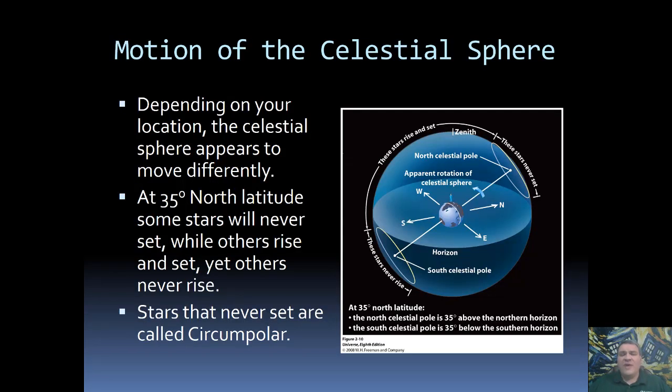Now, depending on your location on the Earth, you're actually going to get a different view of the celestial sphere, what's actually going on up in the sky. And this is because the Earth is a round ball, and depending on your position on it, will determine how it is that the Earth rotates, and therefore what region of sky you're able to see. As an example, in this image, we're actually looking at somebody at 35 degrees north latitude. Here in Utah, where we are, is somewhere between 41 and 42 degrees north latitude, which means this observer is actually a little bit farther south than we are.